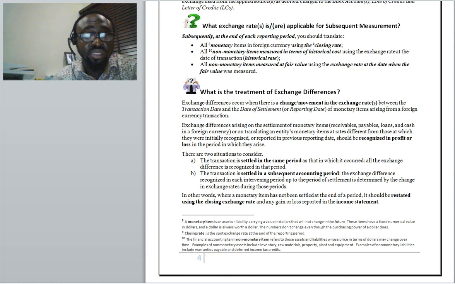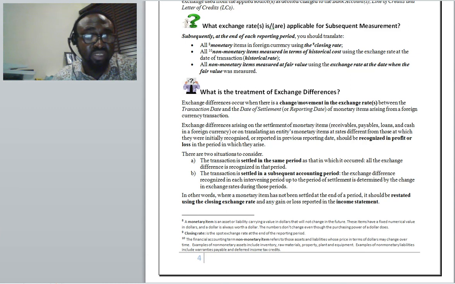And this is usually attributable to monetary items arising from foreign currency transactions. Exchange differences arising on the settlement of monetary items such as receivables, payables, loans, cash in foreign currencies, or other transactions that the entity may have carried out